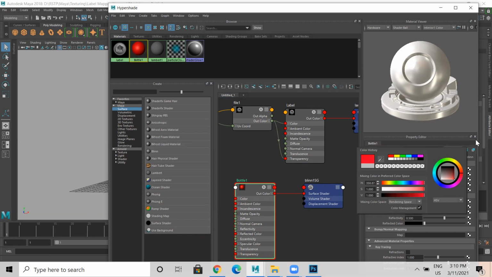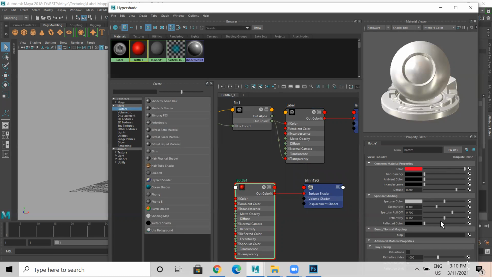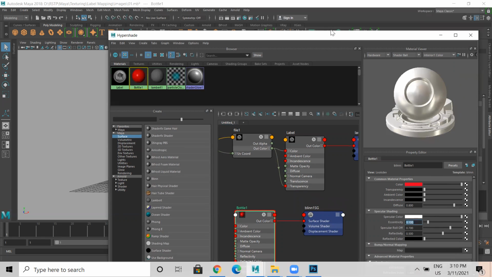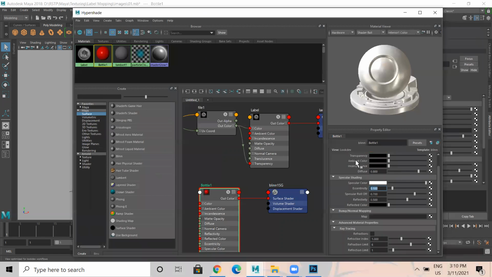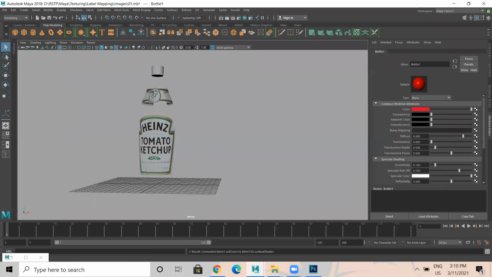Okay. And yes, we need specularity. Specularity, I'll make it white. Here specular color is there, no, make it white. Eccentricity is there. Eccentricity, I'll make 0.1. When I make it 0.1, I'll get a bit of reflection, high-end reflection. Then after that, I'll come down in this particular bottle blend material. There is something called ray tracing, turn on refraction. Okay. Now I need to apply that.